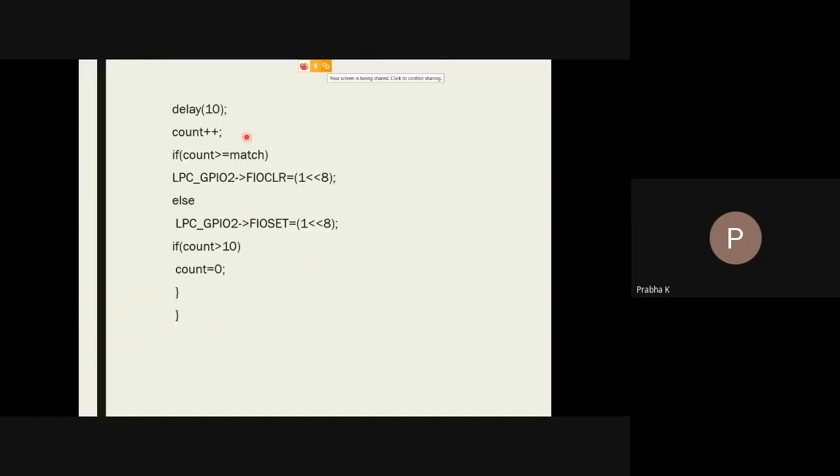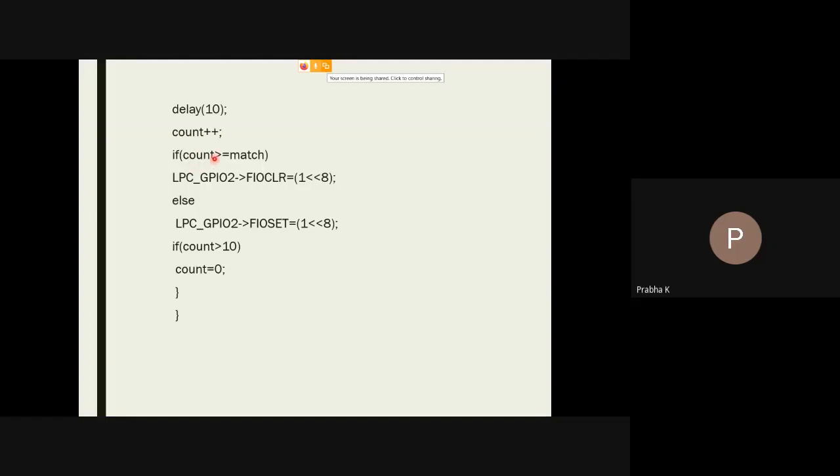So we are using a count here. See, this clear is only with the match. What about this? If the count value is greater than the match value, your L293D driver IC will be disabled using this command, and the motor stops.